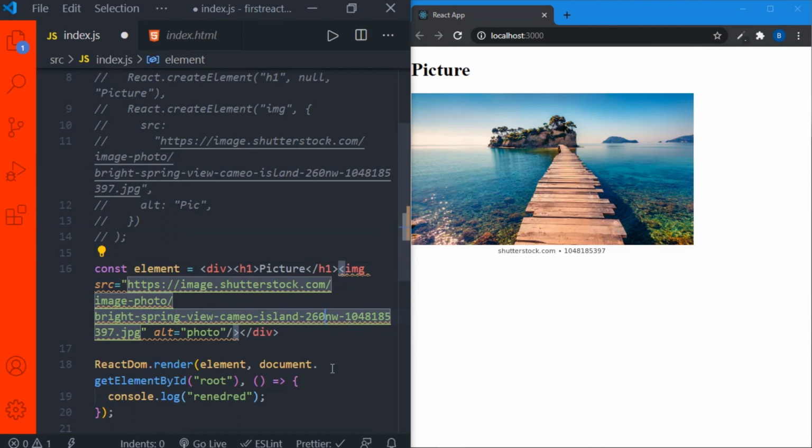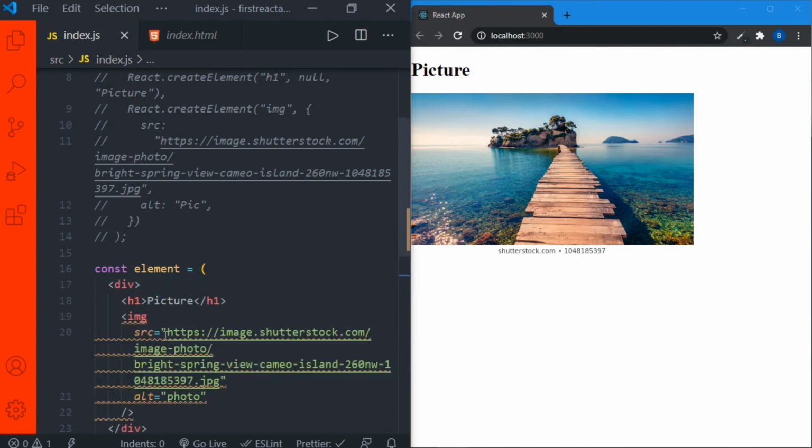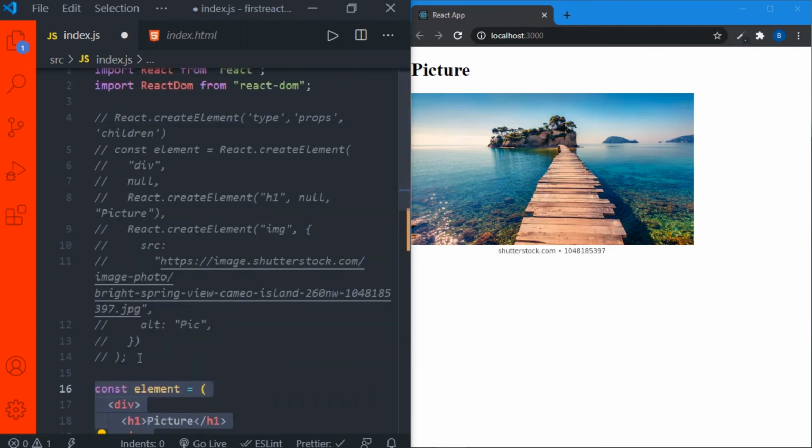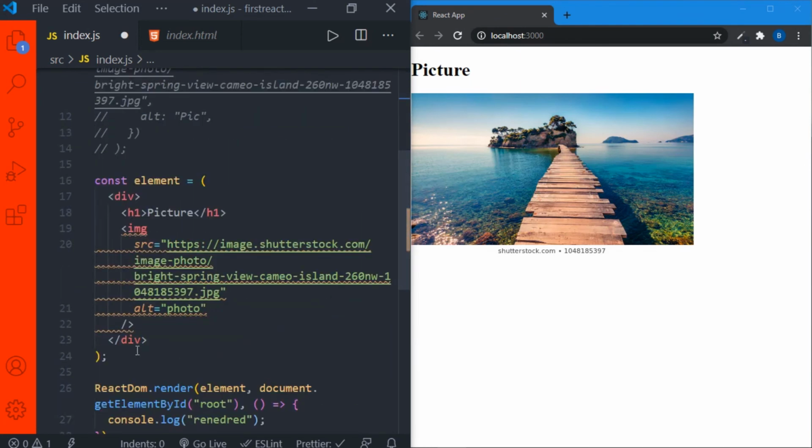Okay, now let's save this and let's see what will happen. See, now we are achieving the same result with just a few lines of code. Just see how many lines of code this is, just a very few lines of code. And previously we achieved the same result with this many lines of code. See, that's why JSX is very powerful. With the help of JSX we can directly specify the HTML tags inside the JavaScript without the help of any methods like the React.createElement method.